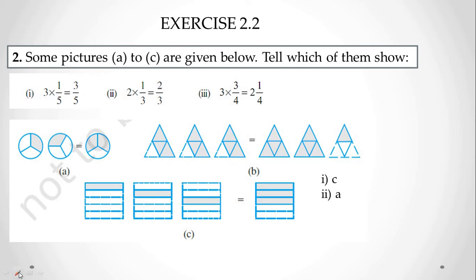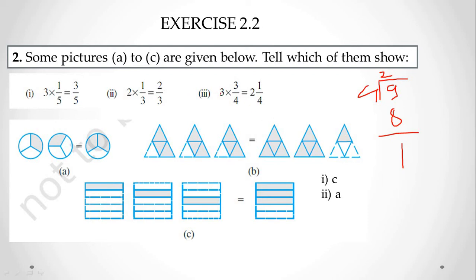So here I will tell you the explanation of this. 3 into 3 is 9, 9 upon 4. 9 upon 4 means it is like that. Here 4 2s are 8. It means the remainder will be 1. So its answer is 2 1 upon 4. So it is matched with this one. 2 1 upon 4 means 2 complete objects, and in the last object out of 4 one part is selected. So this statement is matched with this one.